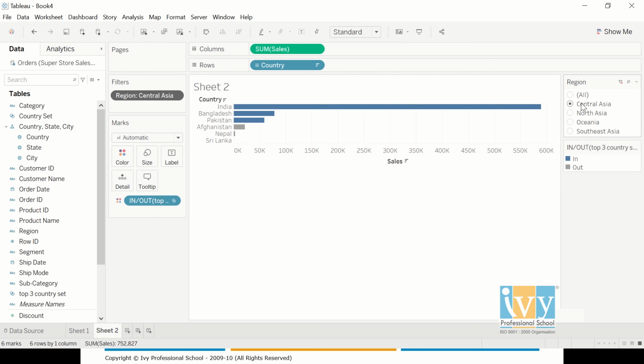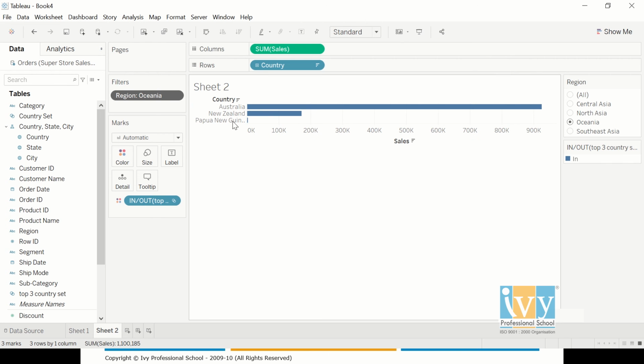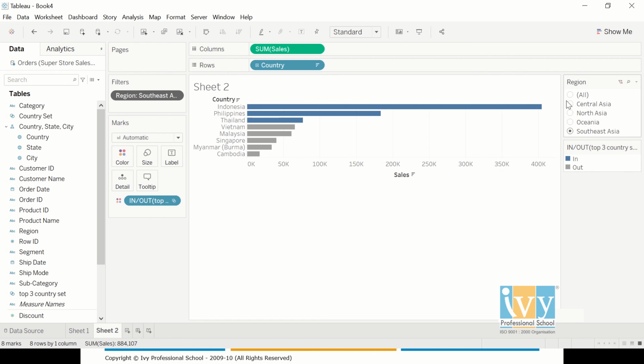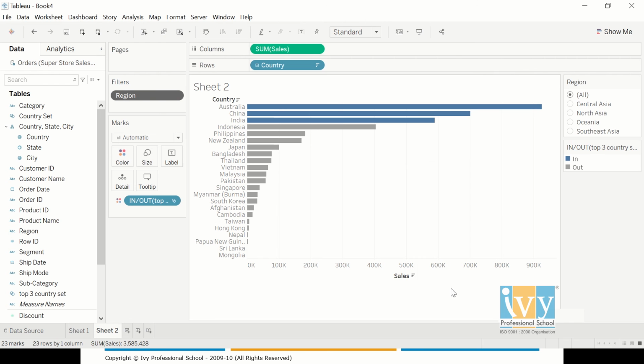So now it's only seeing these five or six places, and it's looking for the top three out of these five or six. So I'm getting my top three in a different color, and the remaining ones in a different one. And it's happening consistently for all the other countries as well. So this is what a context filter is used for.